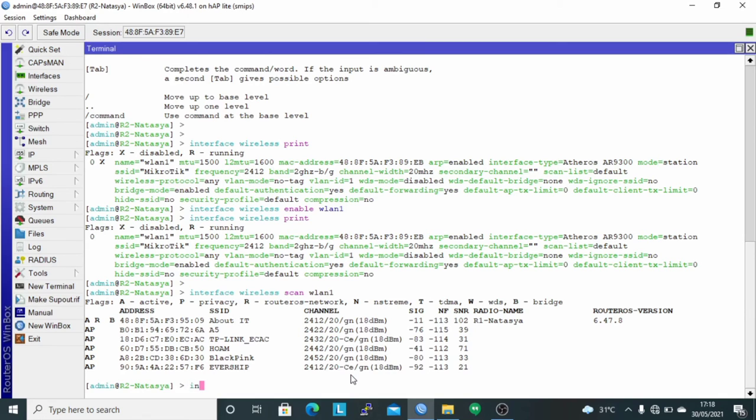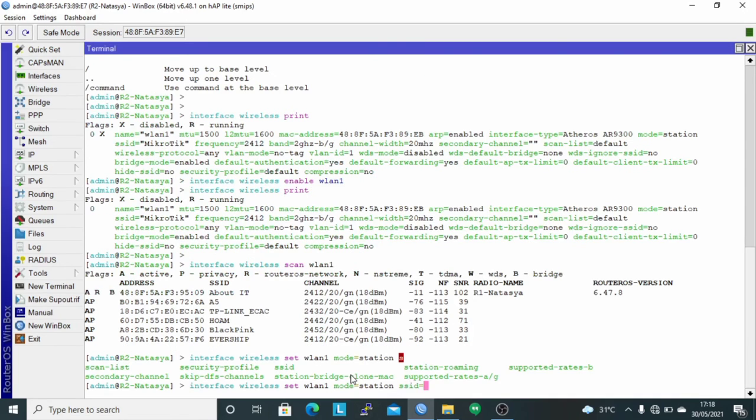Next, connect router 2 to router 1 using the command interface wireless set WLAN 1 mode is station, and SSID use is SSID about IT.